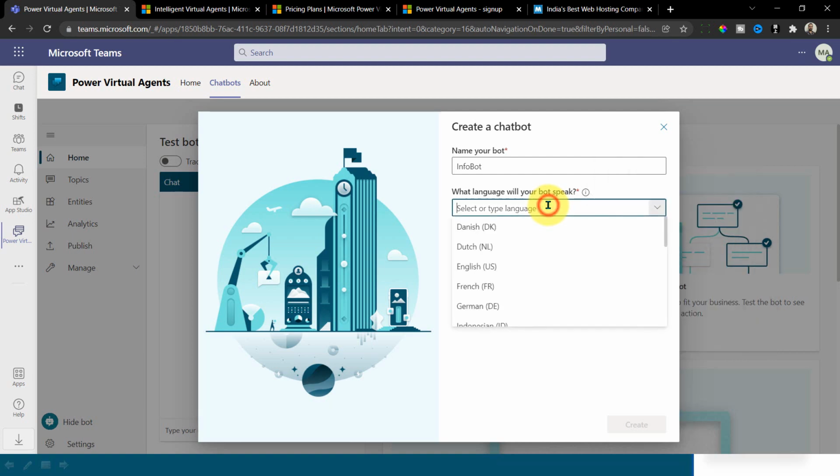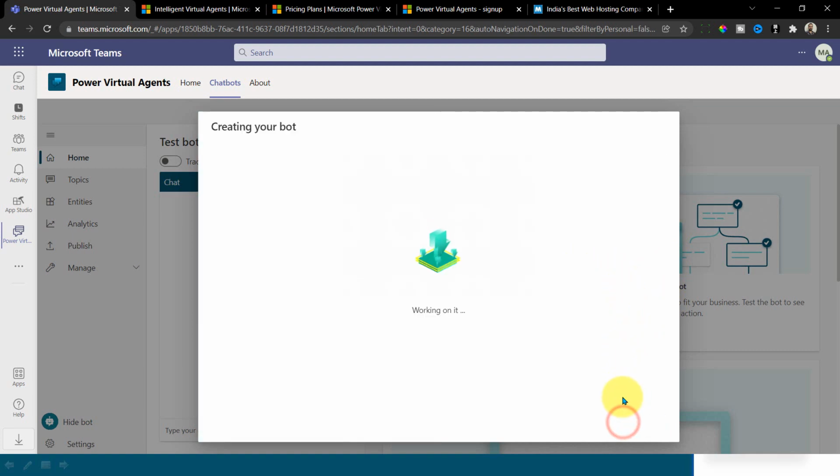So if you select the initial language here, we have multiple options: Dutch, Danish, English, French, German, Indonesian, Italian, Japanese, Norwegian, Portuguese, Russian, Spanish, Swedish, Turkish, and these are all in preview right now. This Chinese, traditional, simplified, Hindi, Korean, and Polish. Okay, I'm going to select English for now, which is English US, and click create. So if you select Hindi for example, then whatever the user types, it will try to understand what it is asking about so that it can convert our exact phrase into natural language processing.